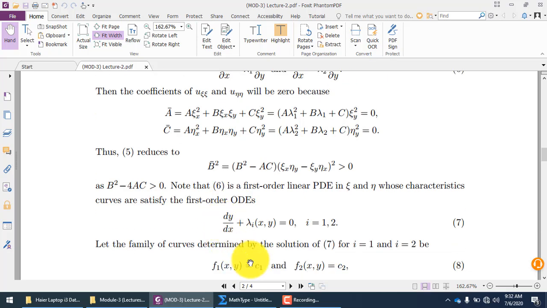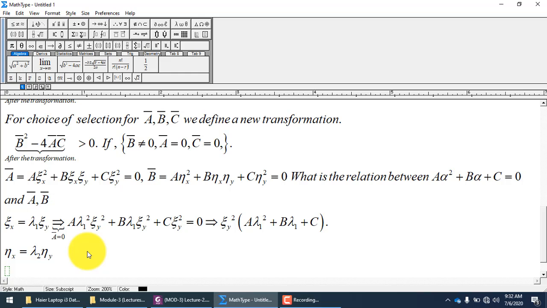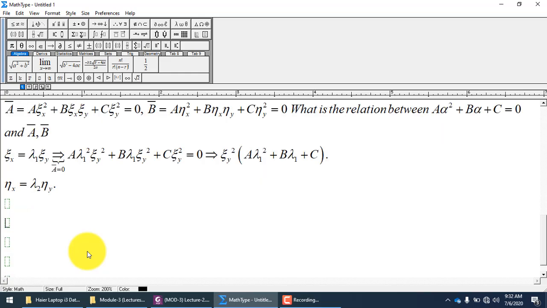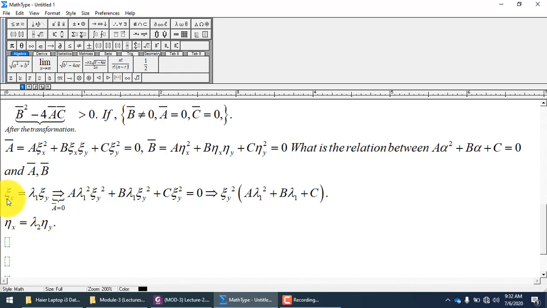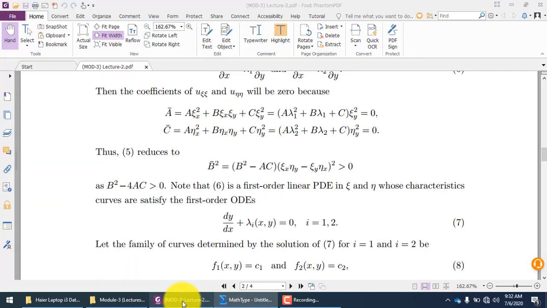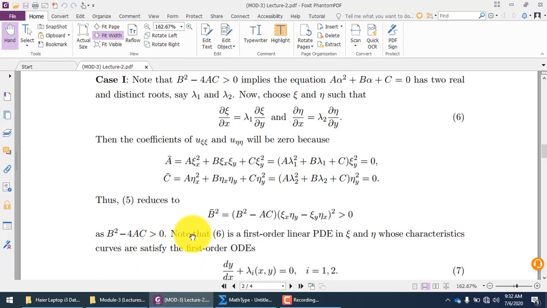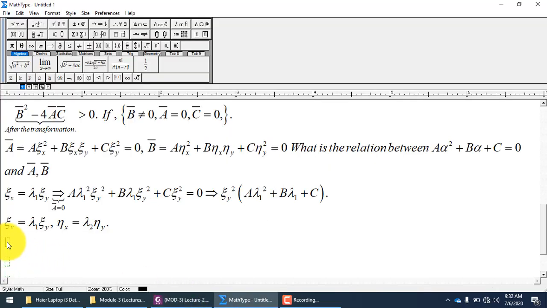And the third step is the step which I wanted to explain to you thoroughly, that is how we selected xi and eta. We selected xi and eta such that a bar c bar is 0, number 1. Number 2 is that xi and eta had the choices that xi x will be equal to lambda 1 xi y, this was the first choice, I write collectively, and eta had the choice that eta x will be equal to lambda 2 eta y. Now using these choices in step 3, you will write step 3 like that.